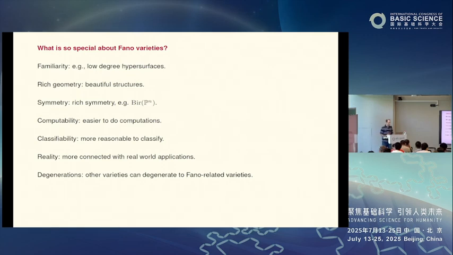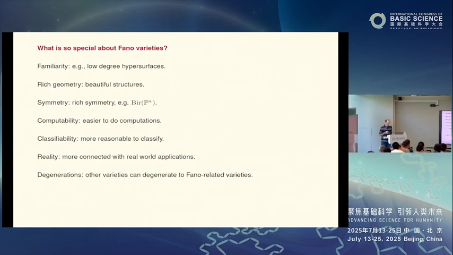Another thing which I mentioned earlier is that Fano varieties are much easier to do computation with. So that's one reason we work with them, because, as I said, examples many times happen to be Fano varieties. And another reason is that Fano varieties are much more likely to be classified than other spaces. And that's what makes it more interesting, because you always feel that you can classify these spaces and so on. Although in practice it's not so simple. This is actually very complicated and challenging, but still that's what makes it very interesting. It helps that you can actually classify them.